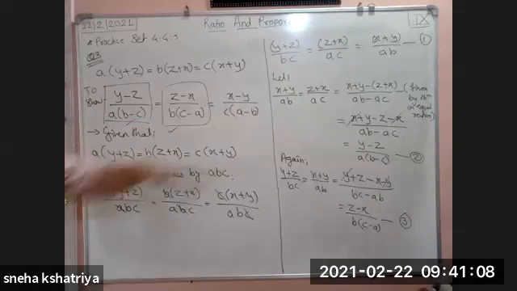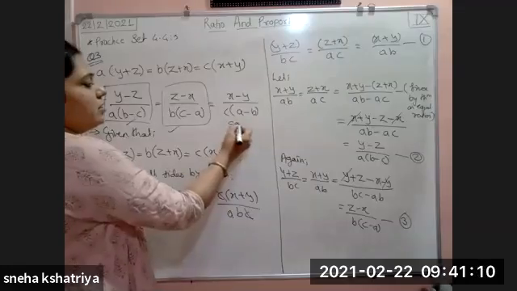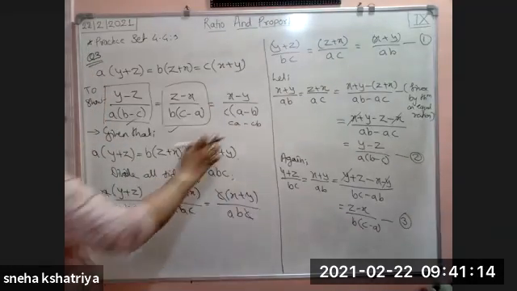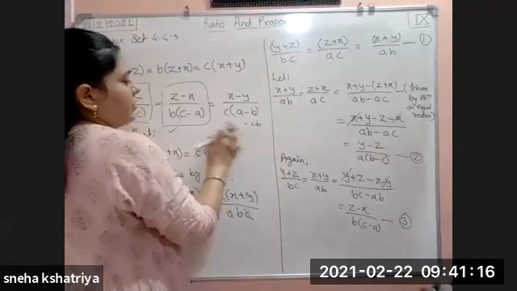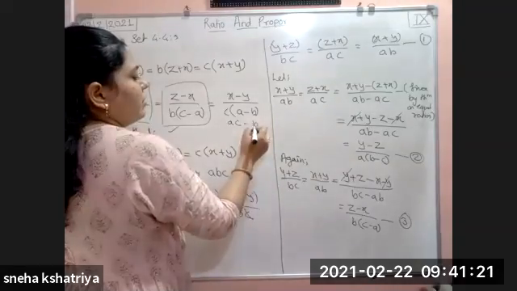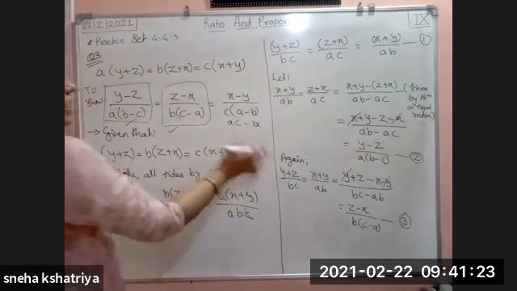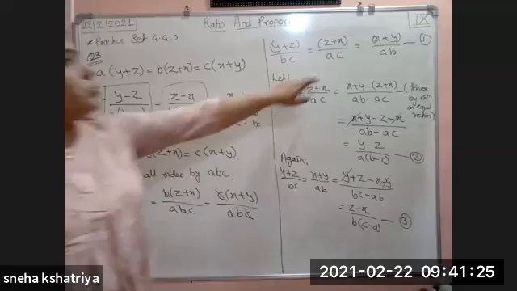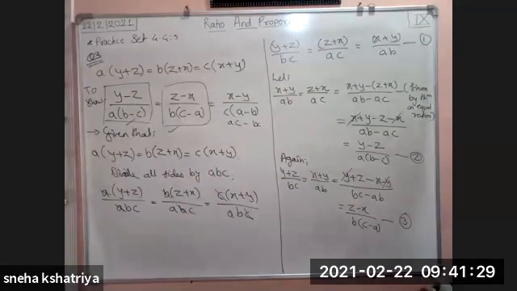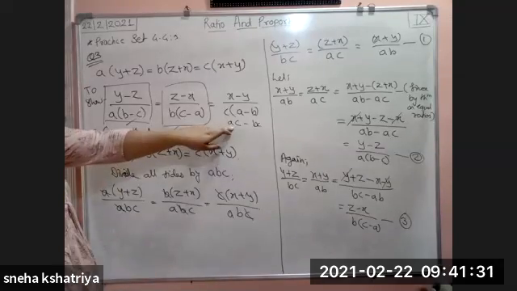Again, multiply C into A. Here it is CA. Here it is CB. Where is CA and CB? CA means what? AC. CA or AC and CB. CB means what? BC here. AC minus BC. So here AC minus BC. So second minus first. Now we have to take that one. Then we will get this part.